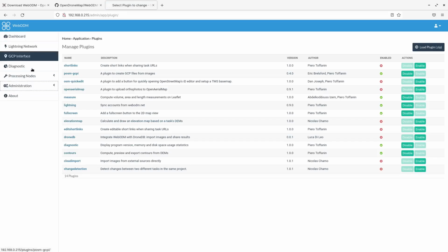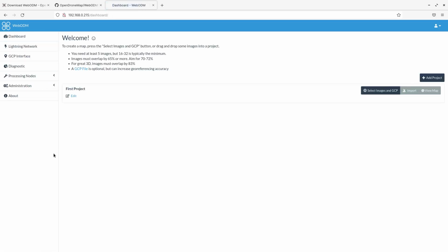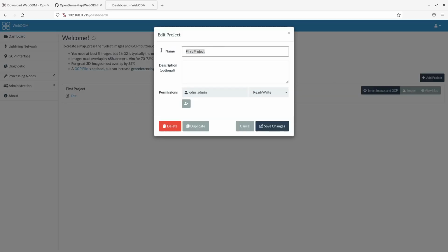But the exact process of what you can do in WebODM is for another video, or there are other resources on the internet you can use to find information about it. I just want to create some data for the back-end service to QGIS. So let's say we have been out flying a drone or taking some pictures with a handheld camera or the phone. So I will use this first project and edit it and call this